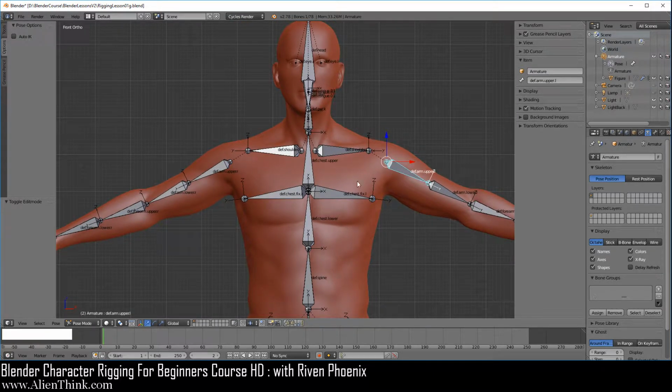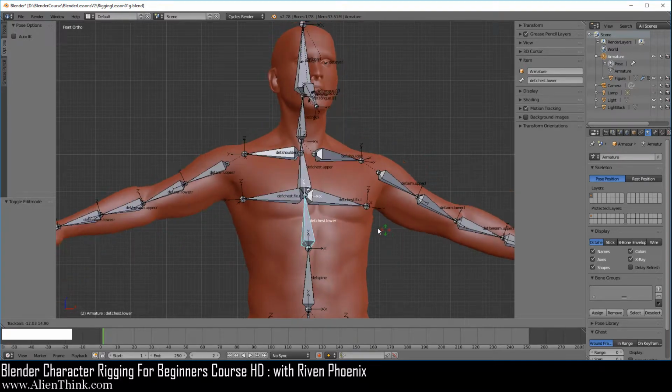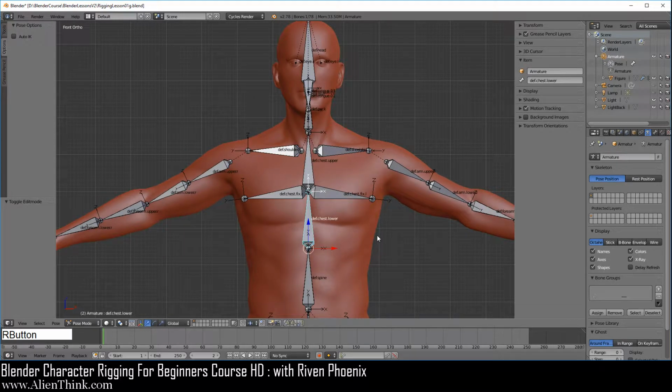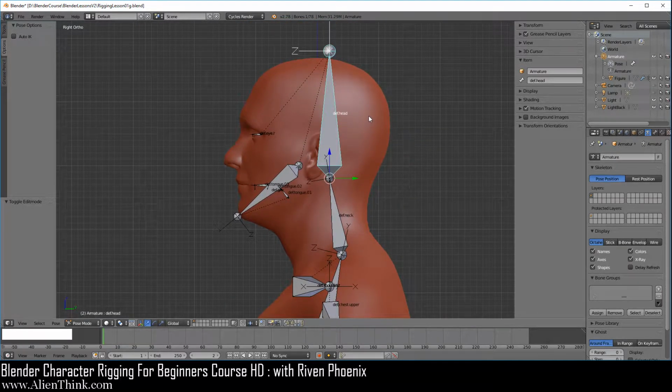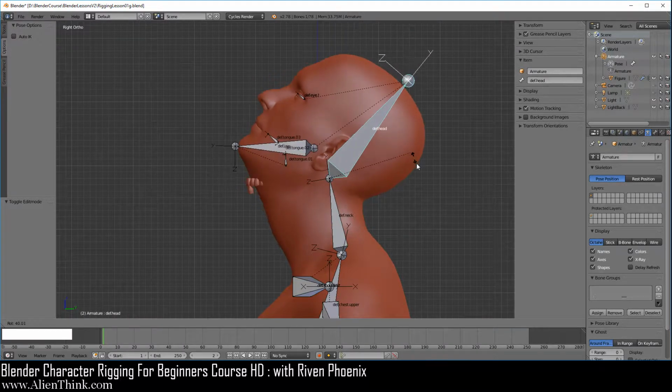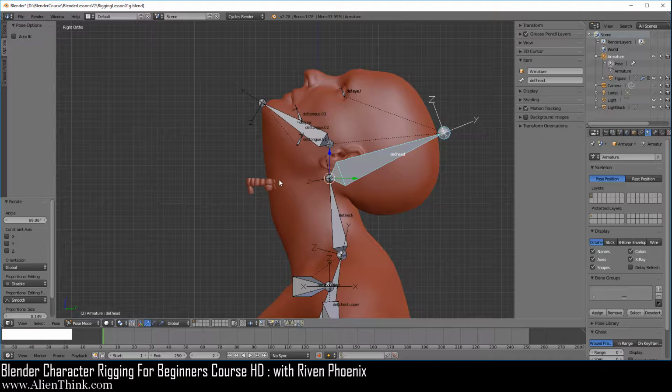Now, what you should understand about this process is that when Blender does this automatically, it's basically doing about 70% of the work for us, right? So if you click on this and press the R key 2 times, you'll notice that we can start to move the figure like this. Right click to cancel. Now if you go to the right view and just zoom in, shift middle mouse button, and click on the head and press the R key, you can see that the head is moving, but if you move it more and more, you'll see that the teeth never got assigned to any bones. So this means that we have to actually tell Blender to fix this issue. Okay, so this is what I mean by it's going to first do 70% of the work. So this is normal behavior.